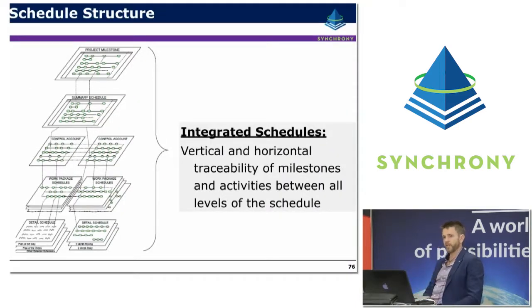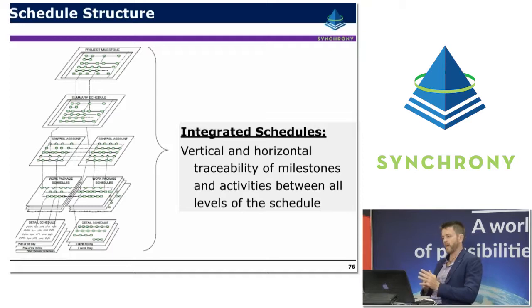So the schedule structure itself, once again, it should be hierarchical, and the idea is that between each of those vertical layers there should be traceability. So in your higher level summary schedules, for example, you're far more likely to have high level management milestones, and as it decomposes down further, you're going to get to your discrete deliverables and activities that make up part of your work packages. So the whole idea is that this is one schedule, and there should be linkages between those lower level details and the higher level activities. That's what is referred to as vertical traceability.